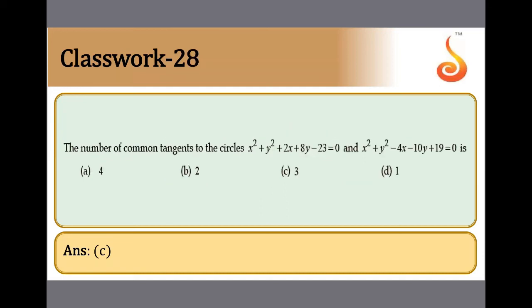28. Common tangent to circle. Before I discuss, I tell you the concept. This is also very important. When two circles won't intersect at all, how many tangents are possible? 4 tangents are possible. What is the condition? This is also asked every year. C1, C2 is greater than R1 plus R2. 4 tangents possible.